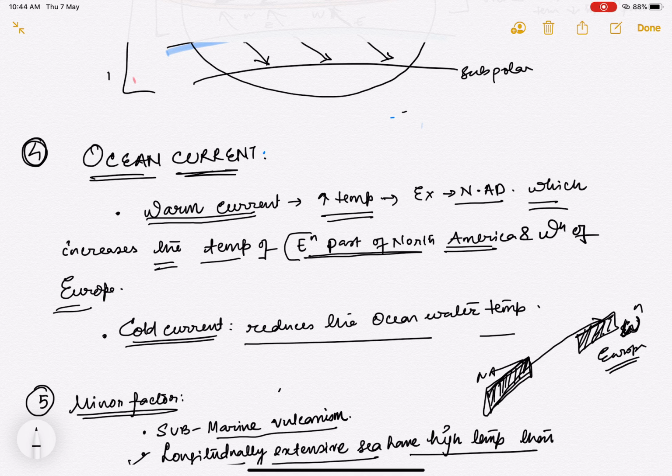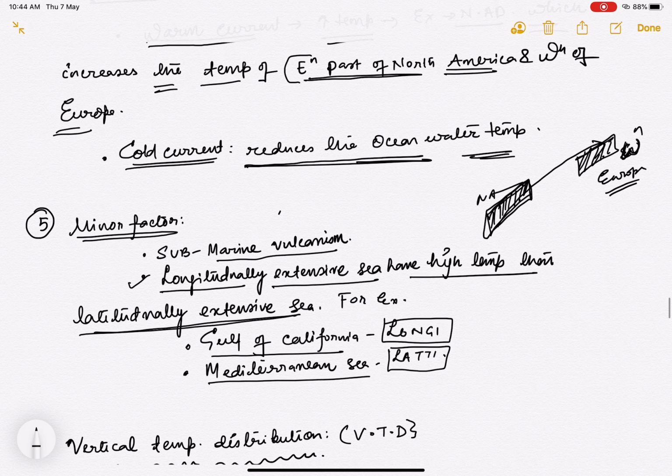Simple. Similarly, the cold current reduces the temperature of the ocean water. Next, minor factors. Submarine volcanism. Another one is the longitudinal or the extensive. See, it says that